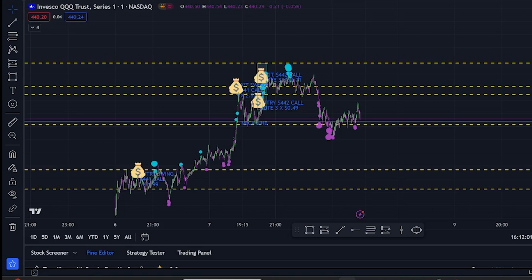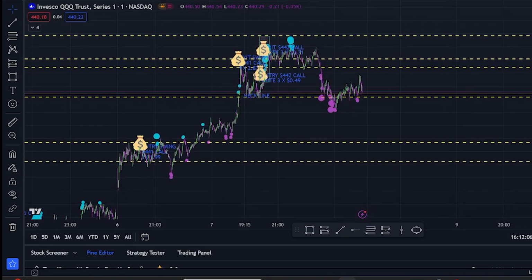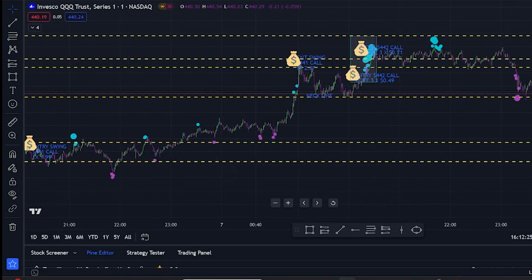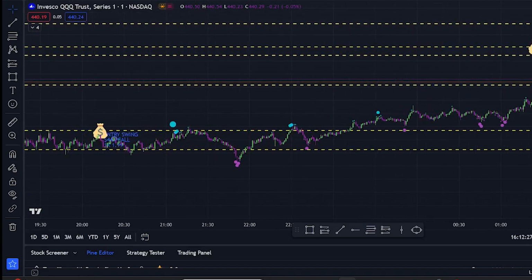All right, so here we are inside of TradingView, and I do have the plays pulled up. So the first play, which was the swing, started here, and then I got out around here. So it started on this channel, went up, went up, went up, and I got out around this point. And then this is the other play, which was pretty much from here to here. So we're going to go ahead and just zoom in so we could take a look.